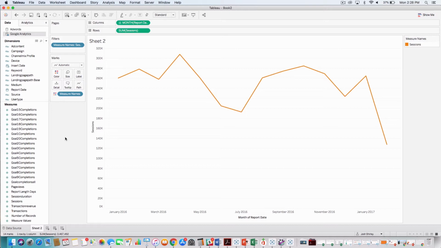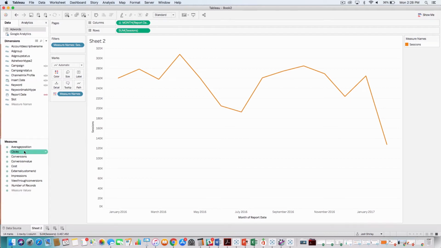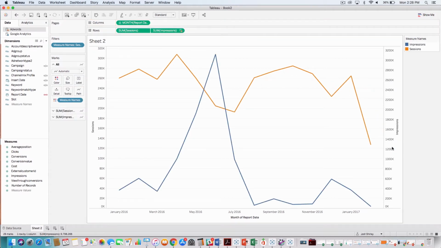So without having to download any spreadsheets from Google Analytics or fumble with anything inside of Google Sheets, I now can see my data trended out easily over a long period. And now, instead of having to go and perform the same exercise in AdWords, I can simply click on the data connection, grab impressions, and understand exactly how my impression count and when I was in campaign had influenced sessions over time. And just like that, I'm able to understand and perform quick analyses on the fly.